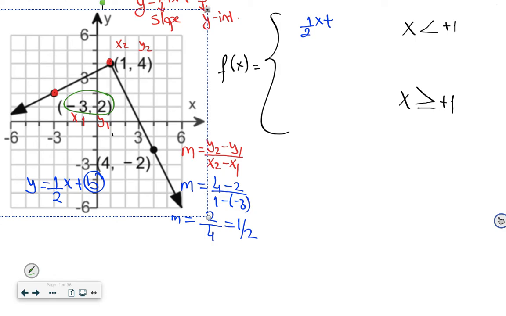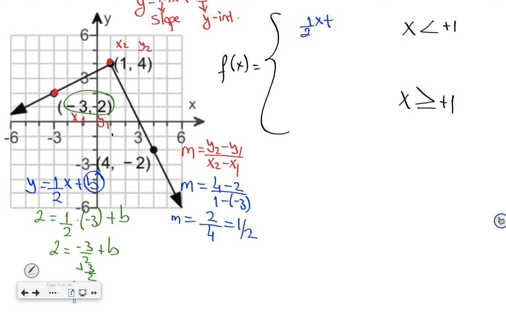X value is -3, y value is 2. So 2 is equal to 1/2 times -3 plus b. If you multiply this, you will get 2 is equal to -3 over 2 plus b. If you add 3 over 2 to both sides,